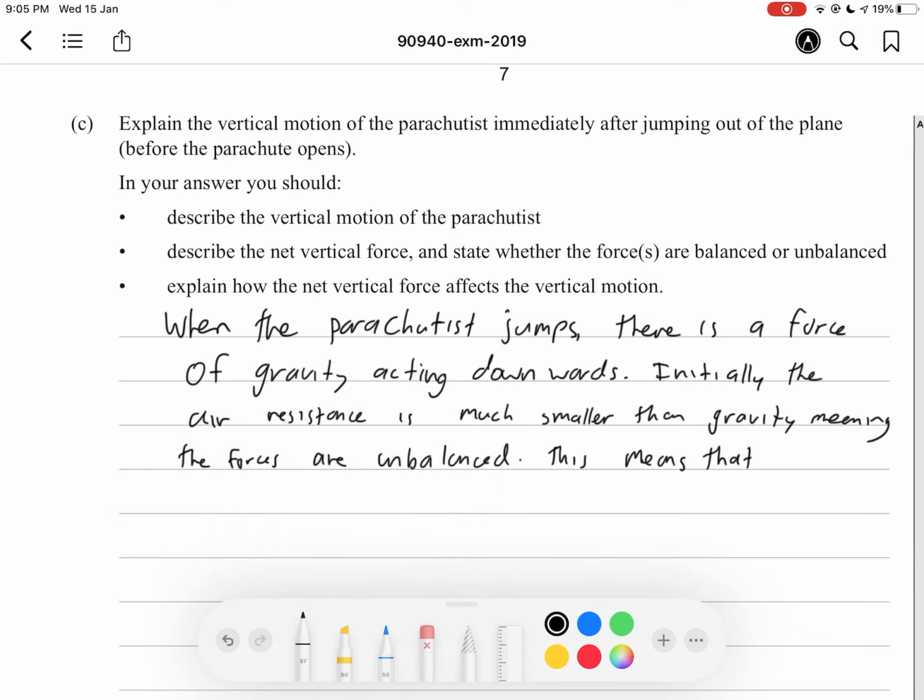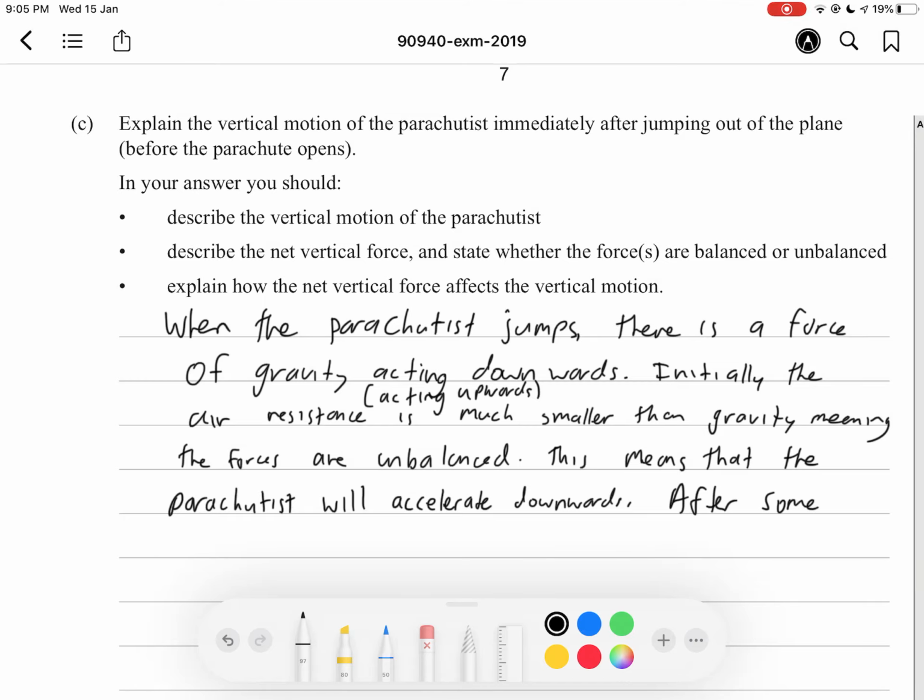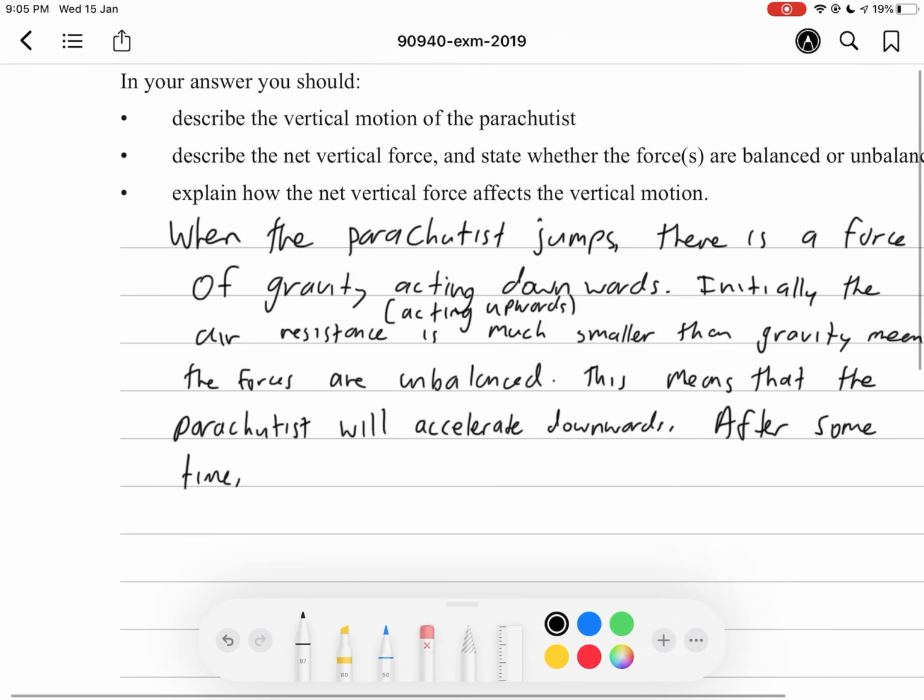So initially the air resistance is much smaller than gravity. So air resistance acting upwards. This means that, right, so you can say after some time,